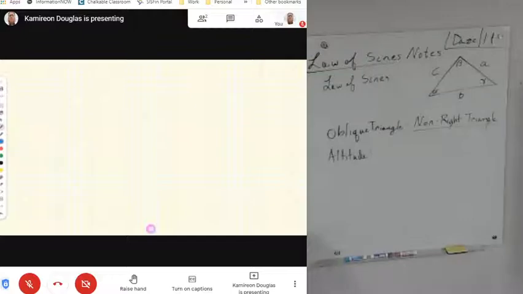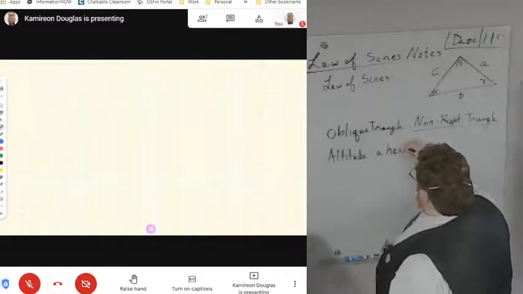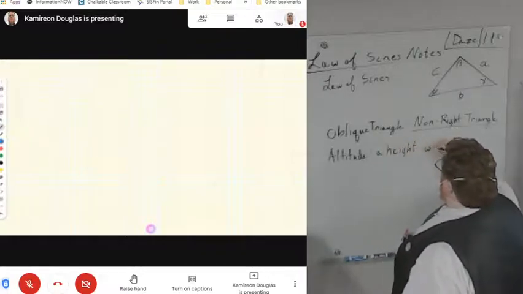They use a process referred to as an altitude. An altitude represents a height within a triangle